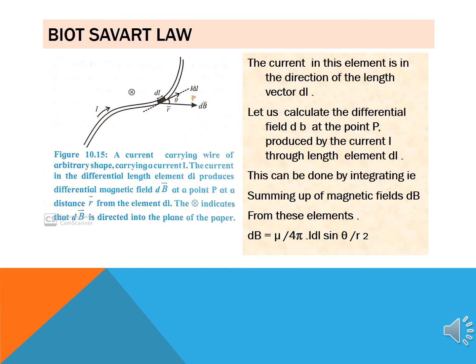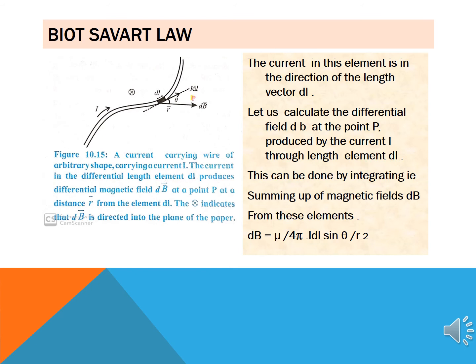Let us calculate the differential field dB at the point P produced by the current I through the length of the element dl. This can be done by integrating or summing up the magnetic fields dB. From this, we can make out that the element could be written as dB equal to mu divided by 4 pi multiplied by I dl sine theta divided by r square, where theta is the angle between the directions